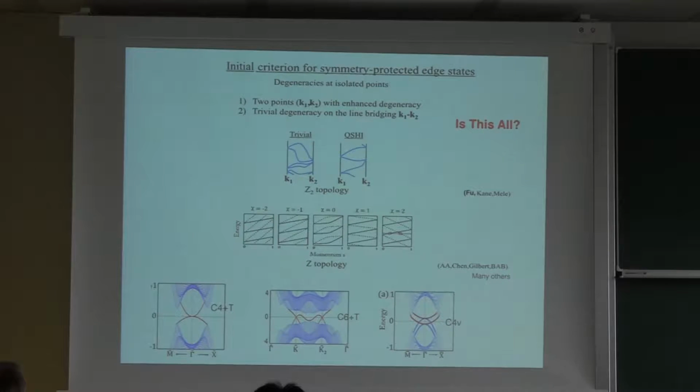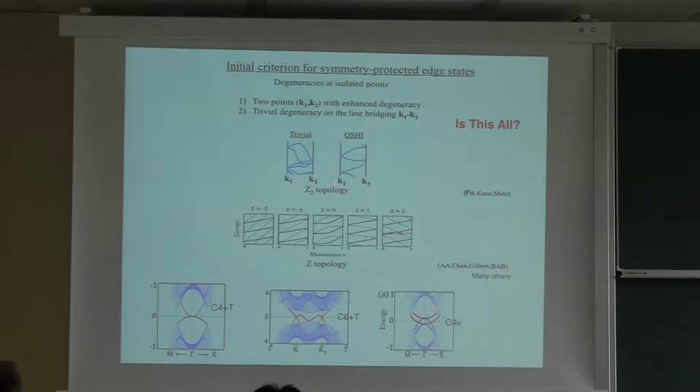But how do we understand, if I don't want to do any complicated theory, how do I immediately tell you that there's a topological class? Well, the fundamental thing from a symmetry point of view that's required for a topological insulator to exist is basically the existence of two-dimensional representations at some high symmetry points. And this is, I think, the easiest way to see how topological insulators have developed and are still being developed.